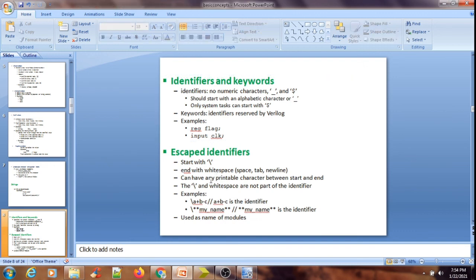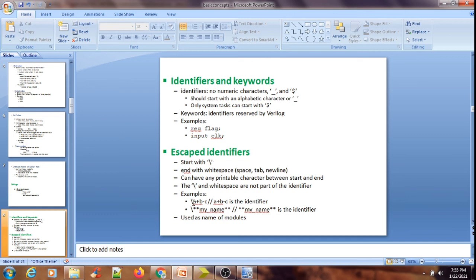These escaped identifiers begin with a backslash and end with white space. All the characters between the backslash and the white space are processed literally by the Verilog HDL compiler, and any printable ASCII characters can be included in the escaped identifier.